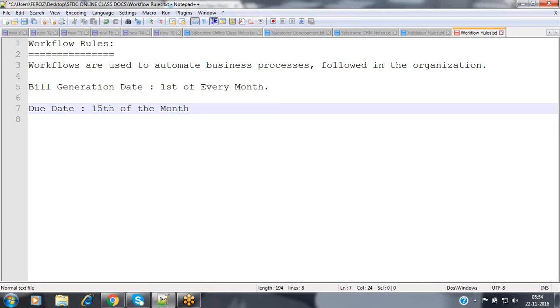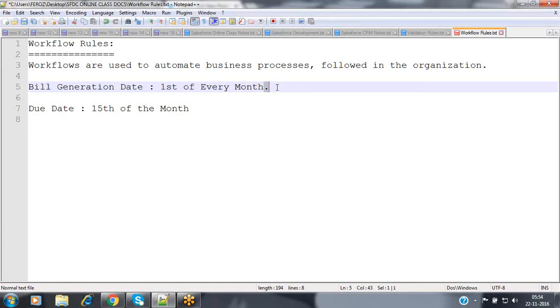Now, what will happen in this case? As soon as your credit card bill is generated, you immediately receive an SMS alert that your credit card bill has been generated, this is the amount that we have to pay, and this is the due date by which we have to pay it. On the same day, it also sends you an email notification with your credit card bill statement for this month, showing the various purchases you have made, and then you can pay that amount by the end of the due date.